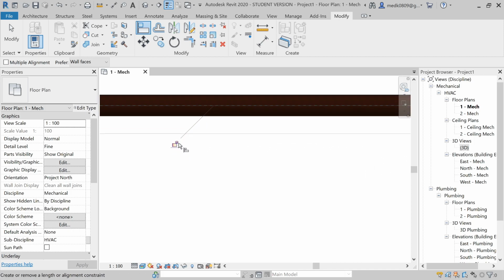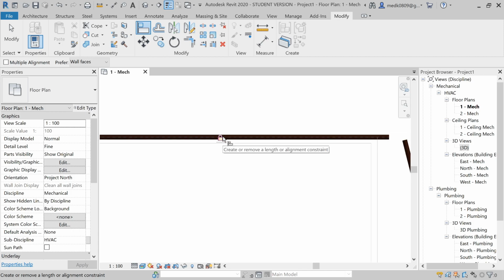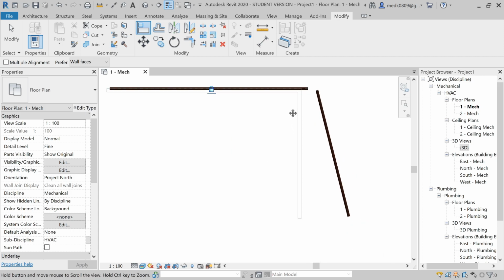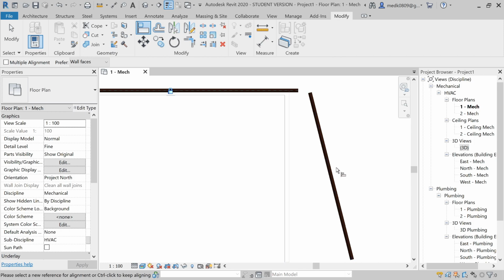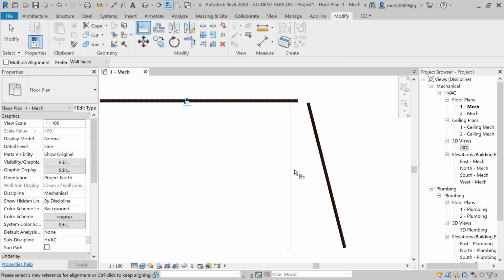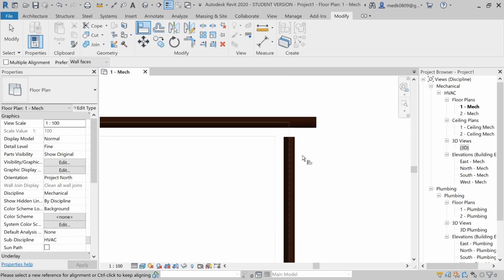Here you can see a constraint. This is a lock basically. If you press over this lock, this element will be locked in a particular position. It will not move. Next, this wall, vertical wall, and this pipe. Let's make them align. Let's select this line and this pipe. So you can see how easily you can align here.